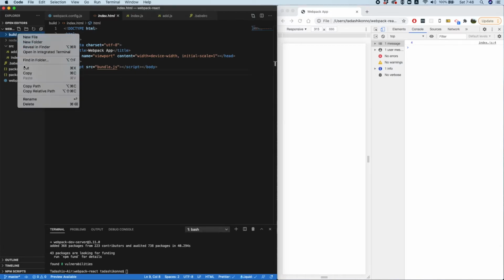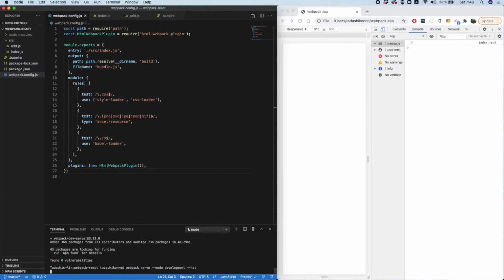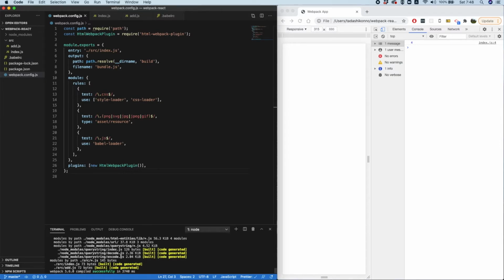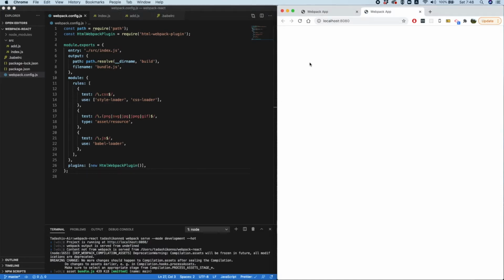Alright, so let's get rid of this build folder again. And now we can run the server. So to do that, we're gonna say webpack serve, and we can say --hot to enable hot reload. So let's run it. Looks like compiled successfully. So the first line says project is running at localhost 8080. So let's go there